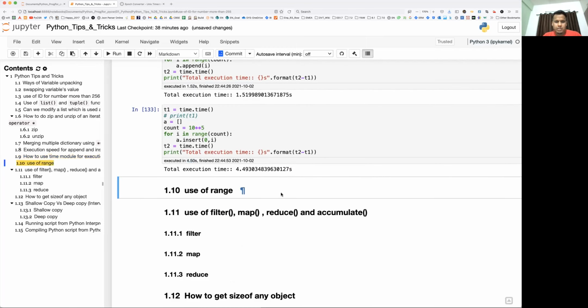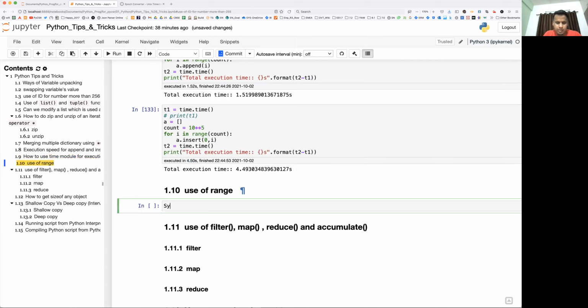Okay, so let's see the next one, use of range. Guys, let me just show you the syntax first. Range is an inbuilt function. Here you can define the start number, the stop number, from where to where, and the step size. This will be very handy if you are going to generate larger numbers. Instead of creating a list using 1, 2, 3, 4, 5, smaller numbers are okay, but what about 100 numbers, 1000 numbers? So range is the best function to use for that. Okay, so this is the syntax.